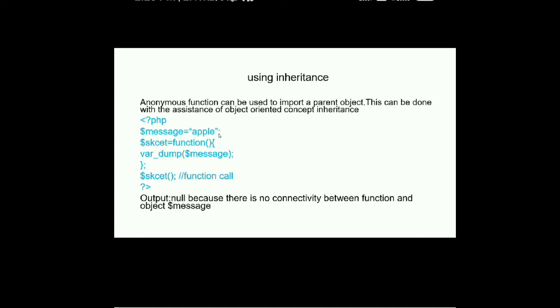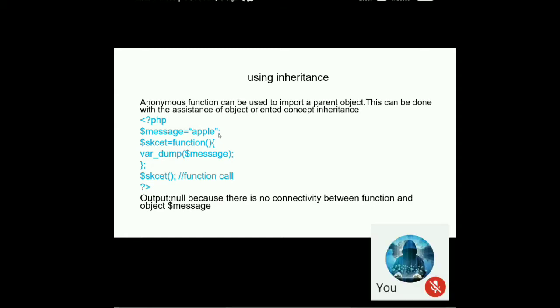Inside the function I'm using var dump. You know what is the use of var dump? Var dump gives the information about the variable. So it is used to give the information about the variable called message, but this message cannot be accessed inside the function. Even though it is global, it cannot be accessed because you have to specify it. Whenever you write a variable inside the function, first it will check whether any local variable exists with the name message. Local variable does not exist here, so it will simply throw an error message that message cannot be identified or is an undefined symbol, even though it is global.